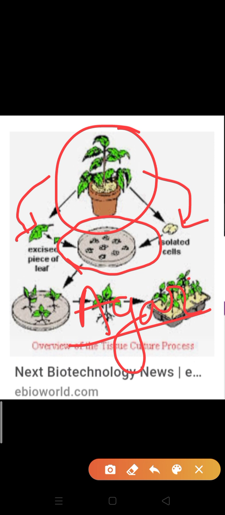If we place several pieces of plant or some cells of a plant in it, after a few days we can observe that small saplings come out from the piece of tissue. These saplings can be transplanted in a nursery, or from the nursery we can transplant them in fields. So this is the method by which we can produce several plants from a piece of plant tissue.